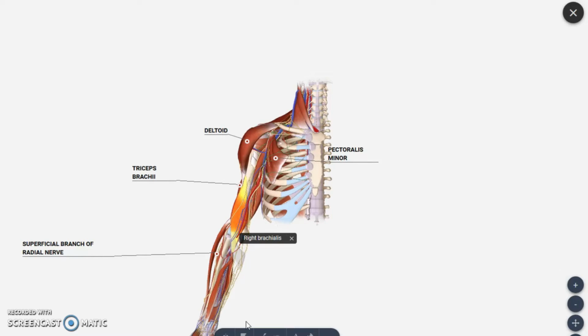Now you see another muscle will also be seen in the anterior compartment. So we have removed 2 muscles. Later you can see only 1 muscle in the anterior compartment, and that muscle is called coracobrachialis. You can make out a thin muscle present here which is seen in the medialmost part, anteromedially in the arm region, and that muscle is called coracobrachialis. The name itself indicates it: coraco means from the coracoid process it is taking origin, and it is getting inserted in the brachium region. So we call it coracobrachialis. Thus we will be having only these 3 muscles present in the anterior compartment of the arm region.